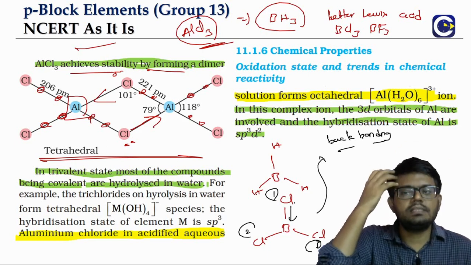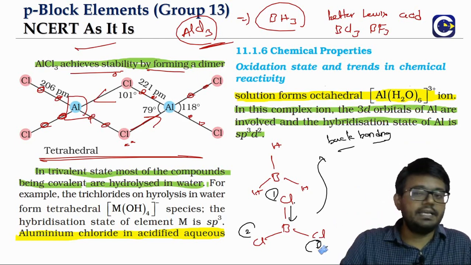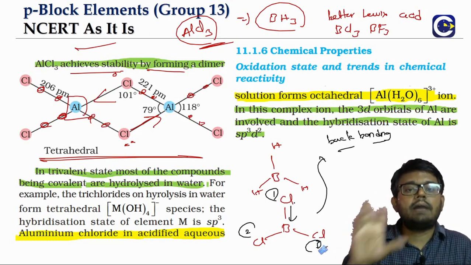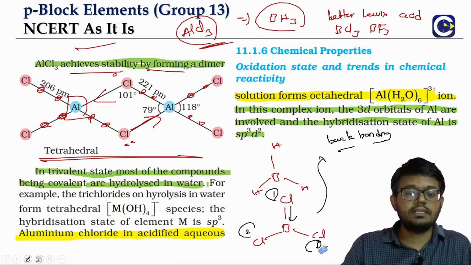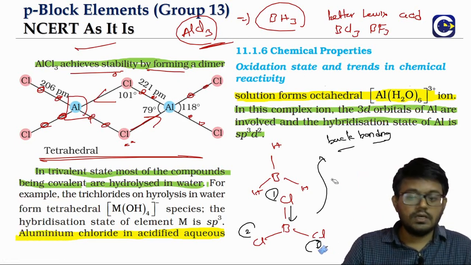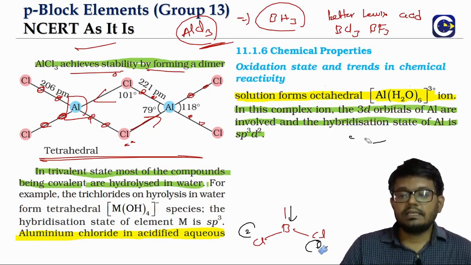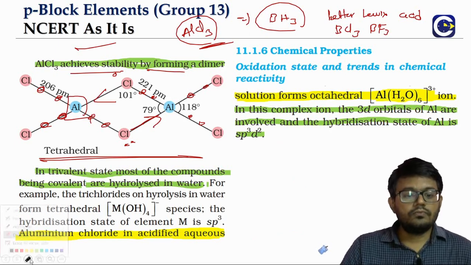So what we see is that due to this back bonding, the boron is getting electron cloud on it in BCl3 and BF3, whereas in BH3, boron hydride, we don't have the scope of back bonding because hydrogens don't have any lone pair of electrons. That is the reason why. So this is another standard question: BH3 is a stronger Lewis acid than